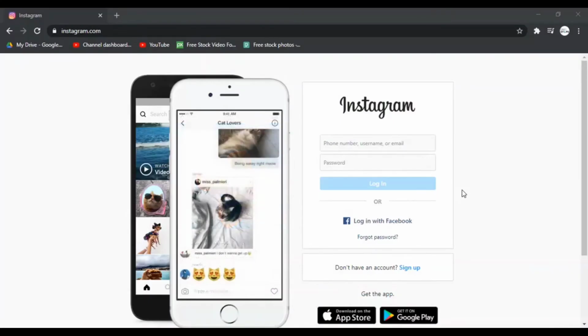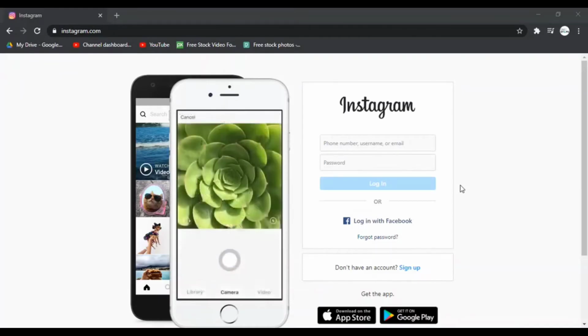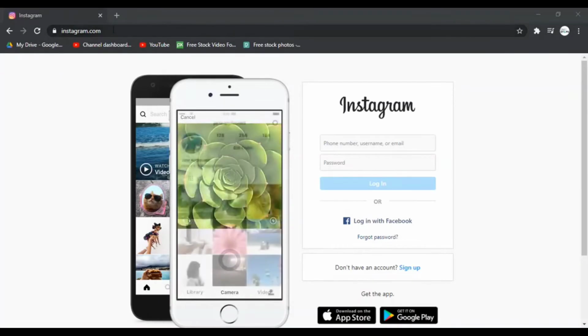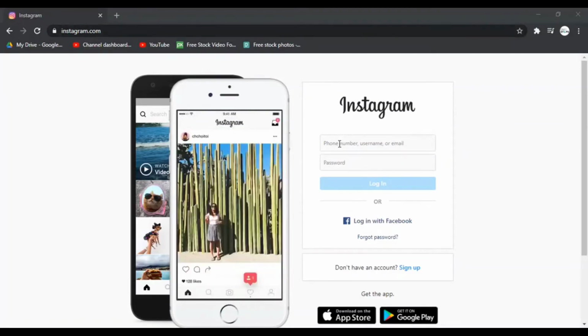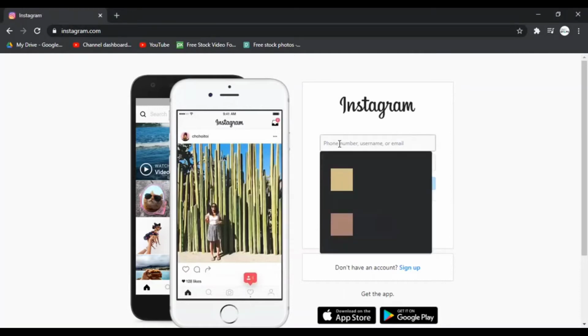In today's video, I'll show you how you can log into your Instagram account. So first of all, go to any web browser on your mobile device or your desktop, and in the web address bar type in instagram.com. And once you're in this website, in this box type in your phone number, username or email,